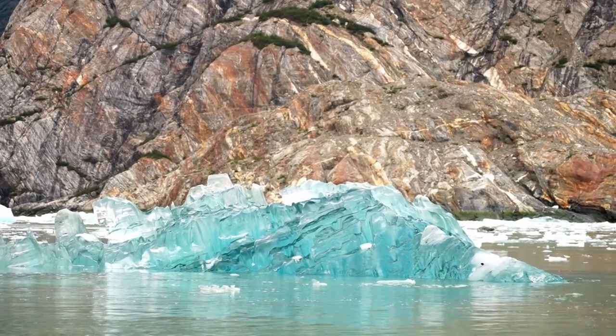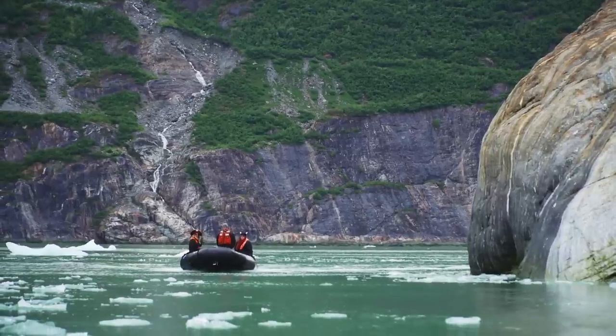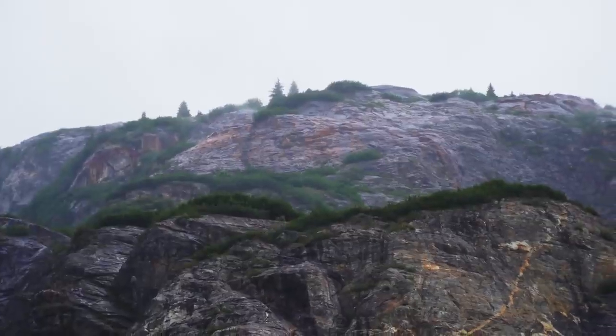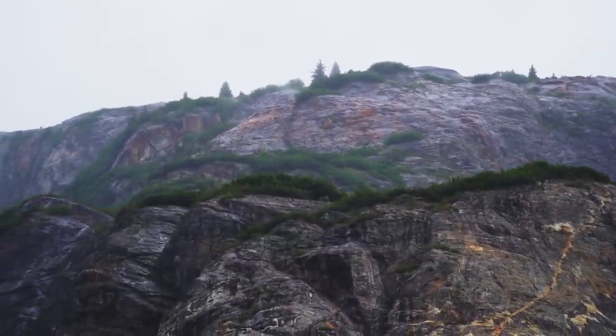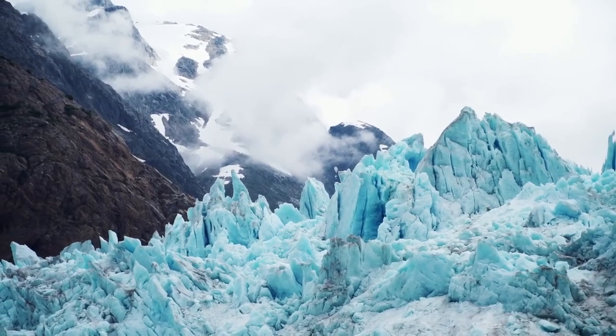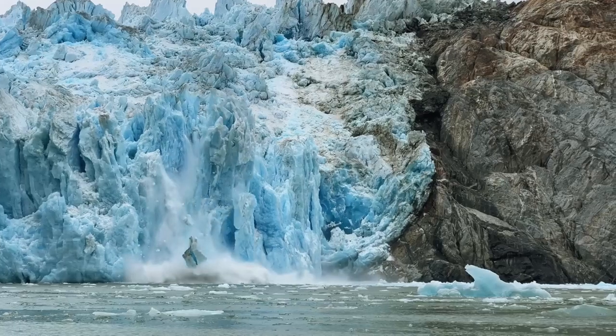It is gorgeous. And the reason I like this place so much, it's like a float trip in Yosemite Valley. You've got towering, sheer, vertical walls all around made out of granite. And it's about a mile wide. It's about 28 miles long. Oh my gosh, that thing